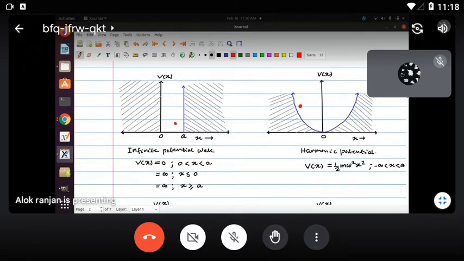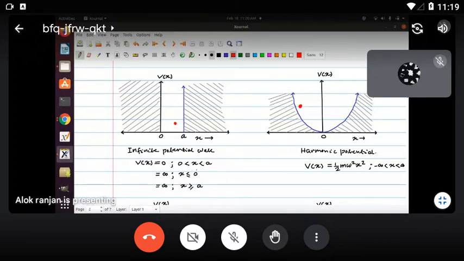So this red represents the particle, and what does infinite potential mean? If you look at the top, for example, if someone is here, right, this arrow implies it goes to infinity. So the person who is standing here will see that infinite wall. In the reverse way, if someone is standing at the top, they will see that this has infinite depth, so therefore it's called an infinite potential well.